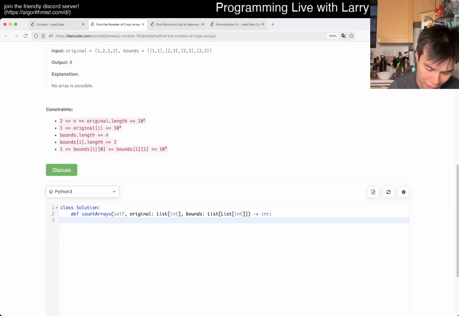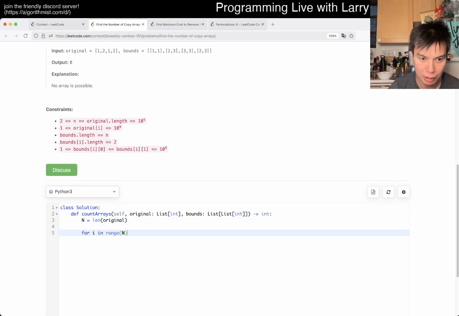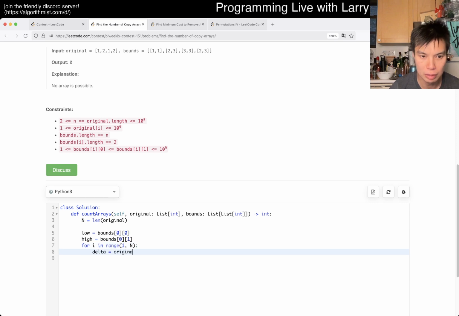Yeah, this is so annoying to write, maybe. I don't know, try to figure it out in my head before writing it, but maybe it's just fine, right? And then low is equal to bounds 0. Oops. Right, so we start at 1, right? Delta is equal to... Okay, so then now we want to update low. Lower bound is equal to